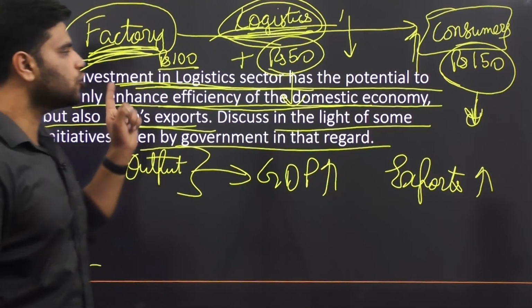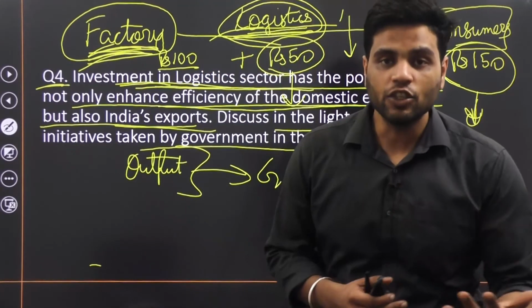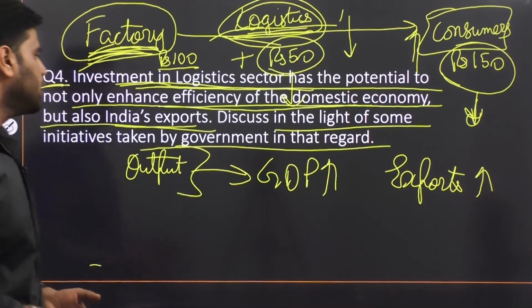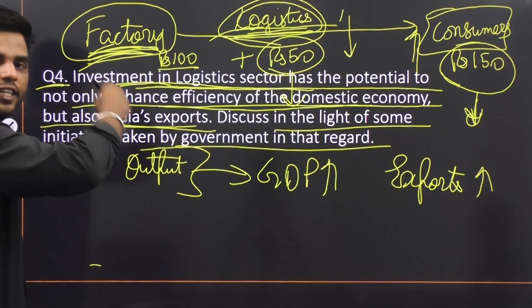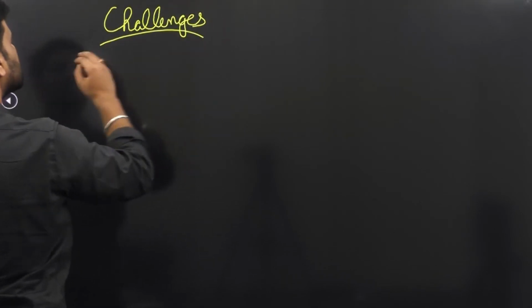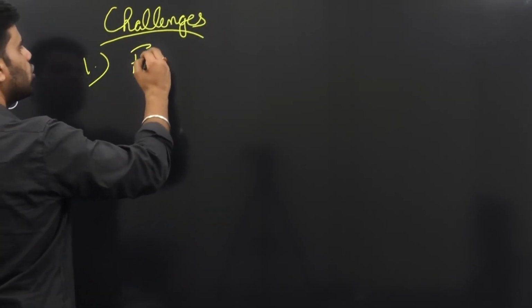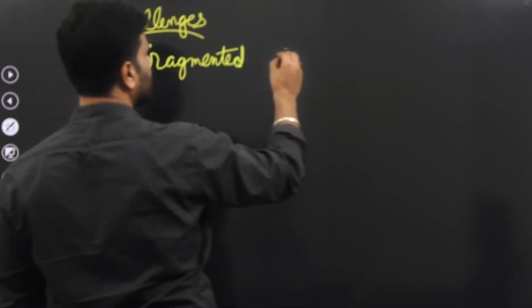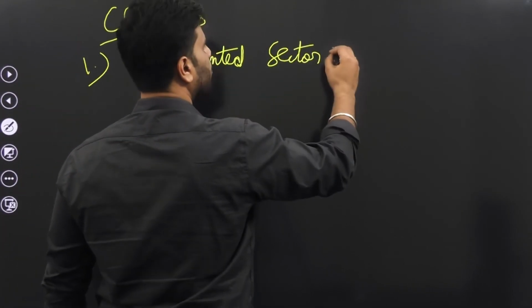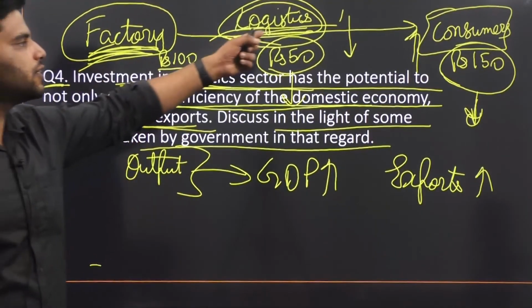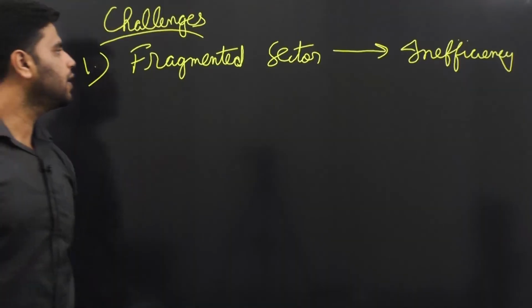Now, this question is also asking you to tell what challenges the logistics sector is facing. What are the challenges that plague the logistics sector, right? After you mention those challenges, only then will you say that India needs to invest more in the logistics sector so as to enhance this entire cycle. So first you will mention the challenges being faced by the Indian logistics sector. Well, number one is that the Indian logistics sector is pretty fragmented. There are too many small players instead of a few large players. So a fragmented sector breeds inefficiency. And we know now that inefficiency would hamper the entire economy. Clear? So fragmented,